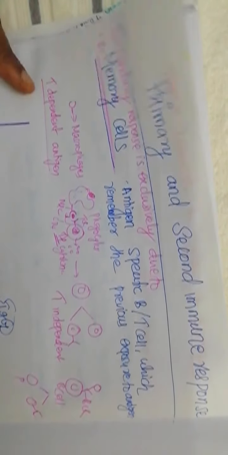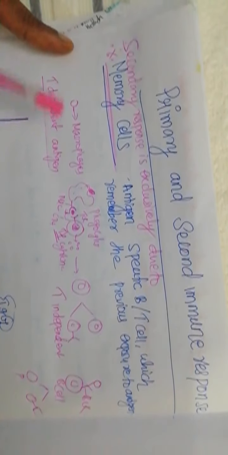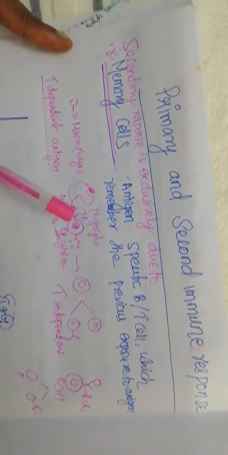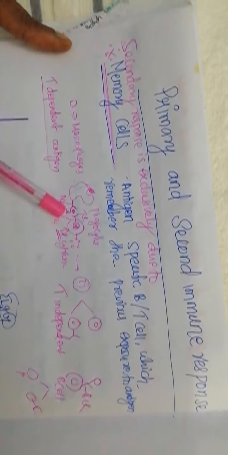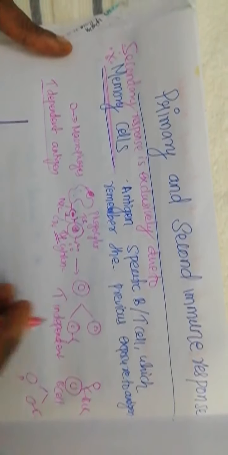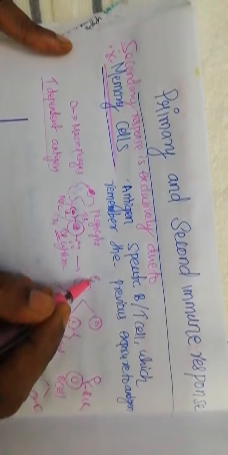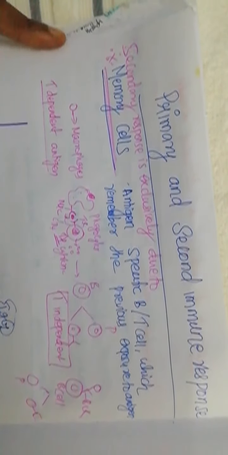Clear? Okay, there are two types of antigens, depending on the processing and presentation. Some of them are T dependent, wherein they have to undergo antigen processing and presentation. Then it will be identified by the T helper. The cytokine secreted by the T helper is needed for the activation of the B cell into plasma cell and memory cell. What is the second type of antigen called? T independent antigen.